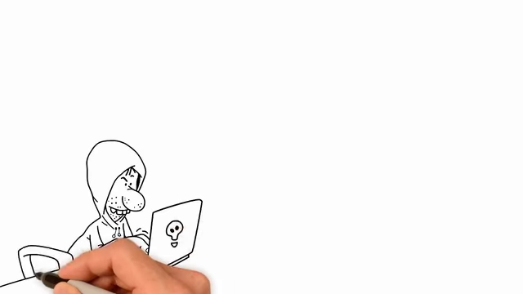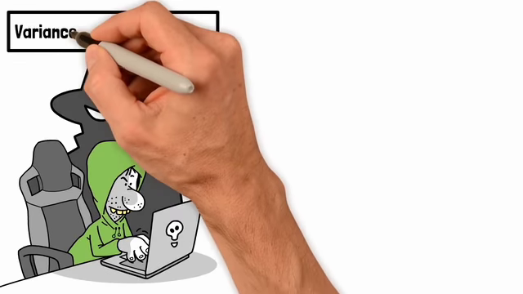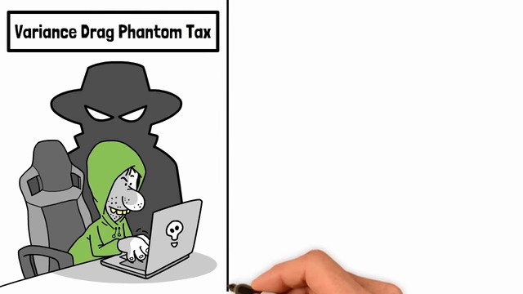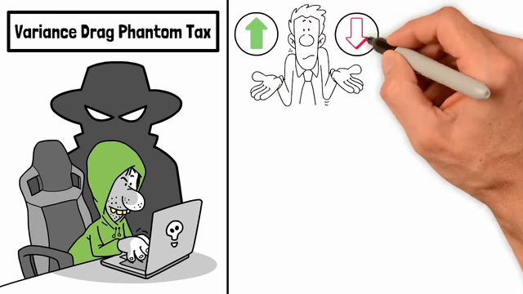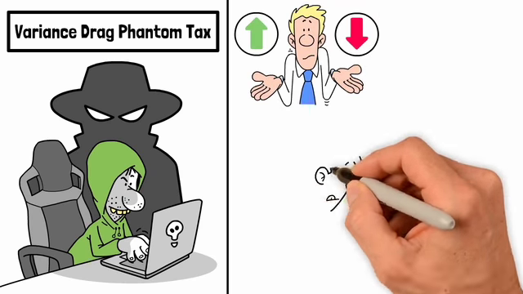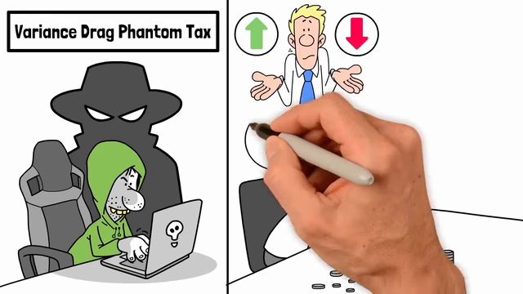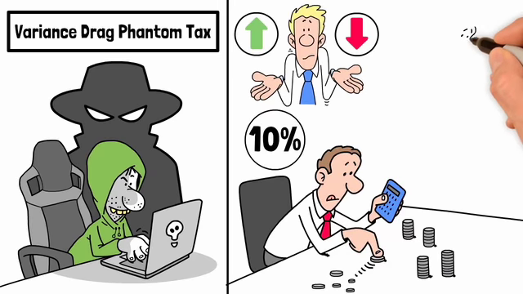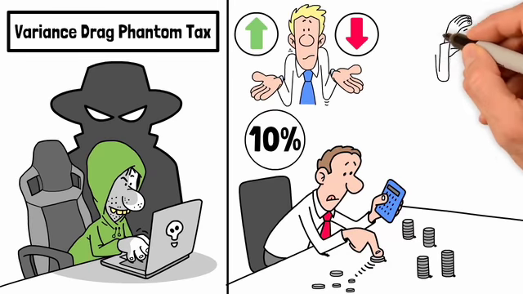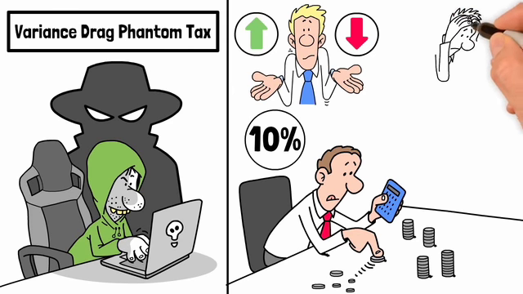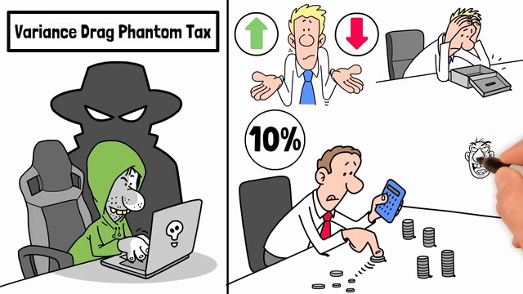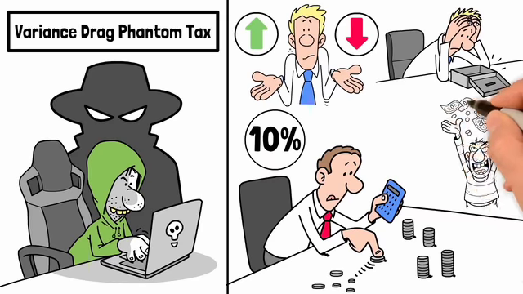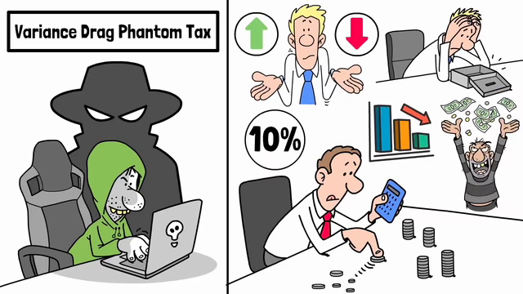This risk mismatch introduces variance drag, also known as volatility drag. Simply put, variance drag is the mathematical reality that high volatility systematically reduces compounded returns over time. Consider an investment with an average annual return of 10%. If the standard deviation of this portfolio is also around 10% or higher, actual realized returns due to compounding will often fall significantly below the average expected return. This difference acts exactly like a hidden tax, quietly yet persistently diminishing your financial growth.